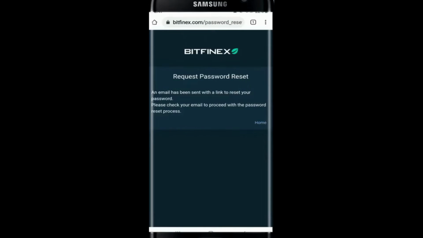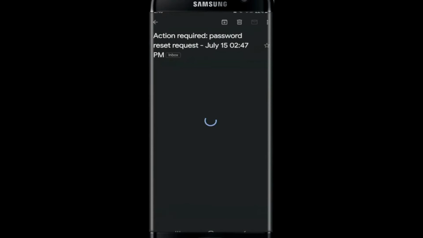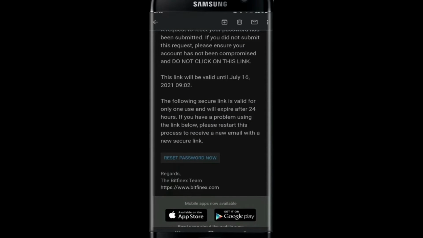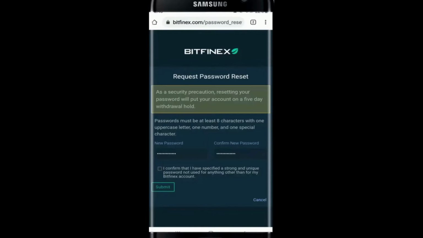You will then be asked to check your inbox for a link. Just open up the email that is sent to you by Bitfinex and tap on Reset Password Now. You will now be allowed to set up your new password. Just type in your desired new password and then type it in once again to confirm it. Finally, check on the box to confirm that you have set a unique password and then tap on the Submit